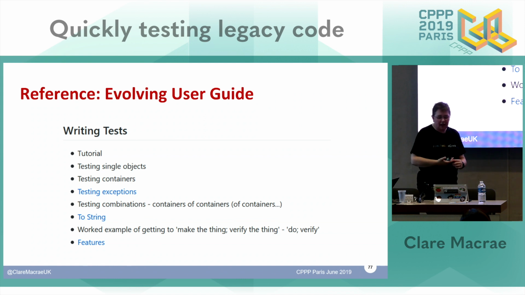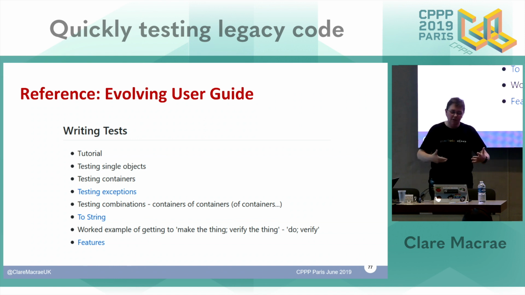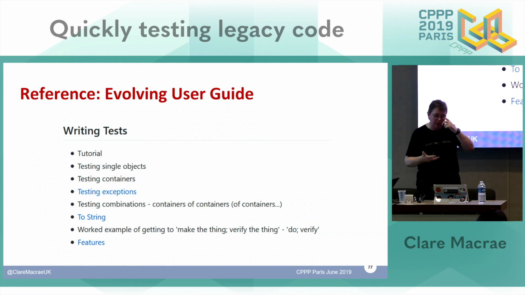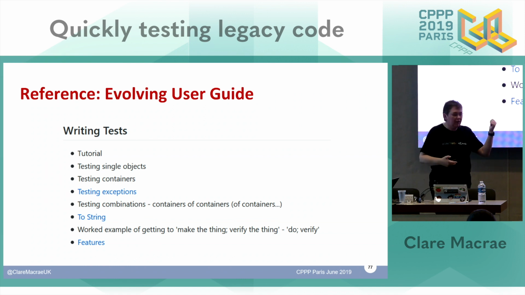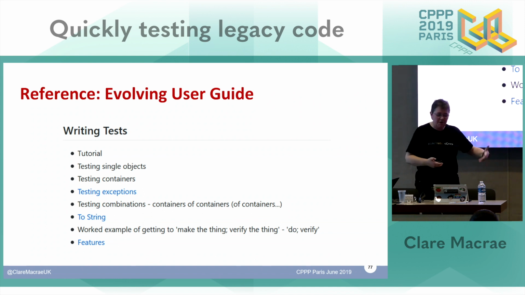In the section writing tests, the toString link is really important. So in this talk, I've only got time to show really basic usage of it, but how you express the information, the output from your test, from the process that you're locking down with approval tests, how you represent that information is crucial to how easy it is to understand the test and how safe it is for someone maintaining the code in future to understand the change in behaviour. So captured in that toString page is a lot of really valuable information based on experience of someone using this library over many years, over many organisations.